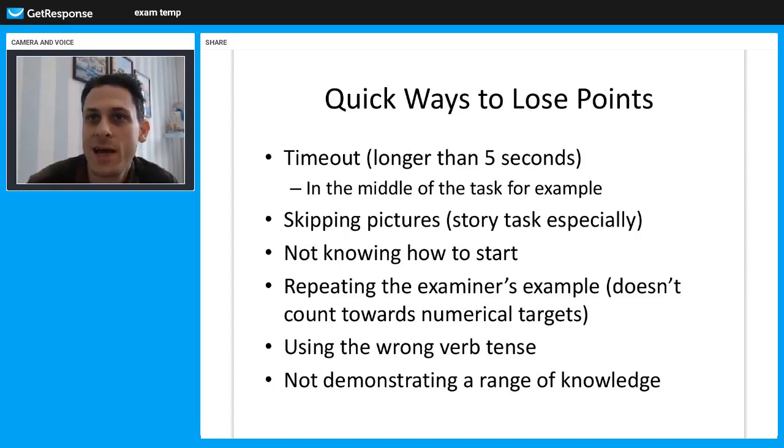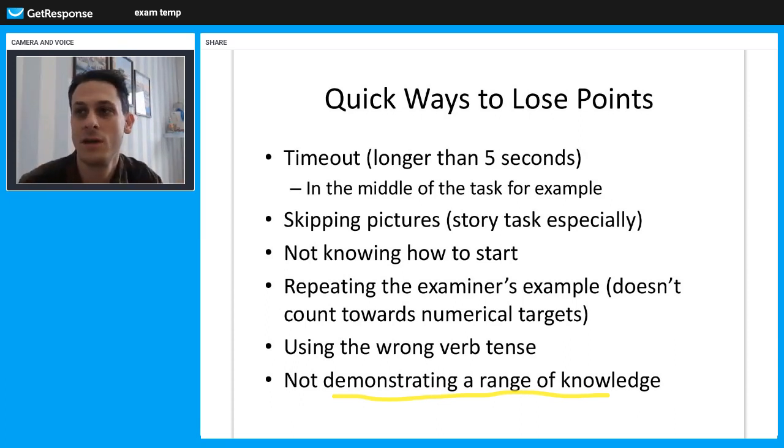Don't forget, you have 5 seconds to start speaking and continue tasks. If you stop and don't continue, you lose the rest of the points. Also using wrong verb tenses and repeating my statements, but the easiest way to complete the exam and still fail is not demonstrating knowledge. If it's just present simple in every sentence, if everything you say is one sentence, for sure you cannot get more than 50 points. So remember to use everything you have studied, comparatives, superlatives, a range of dependent clauses,